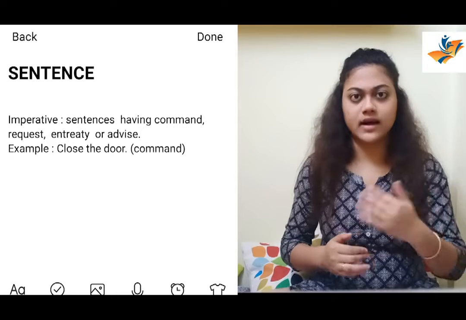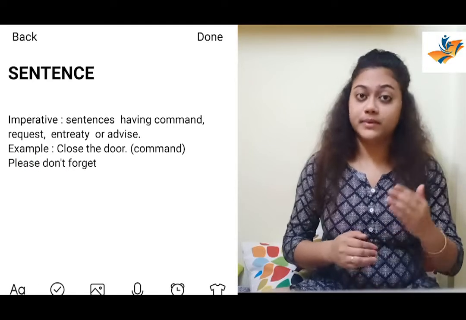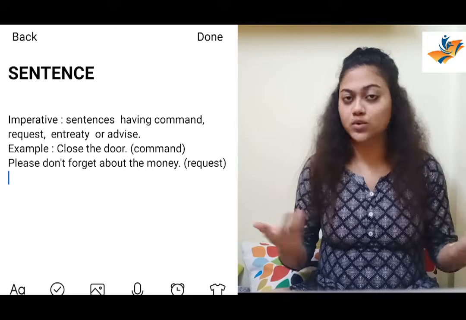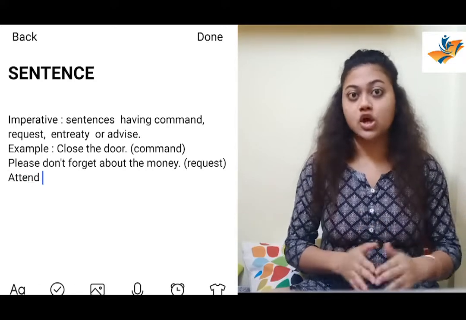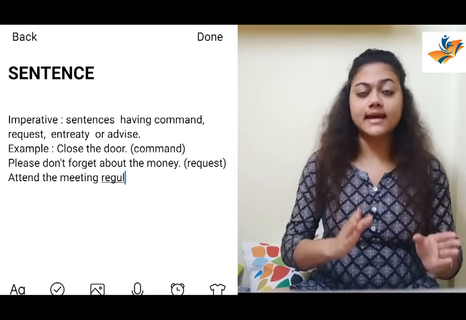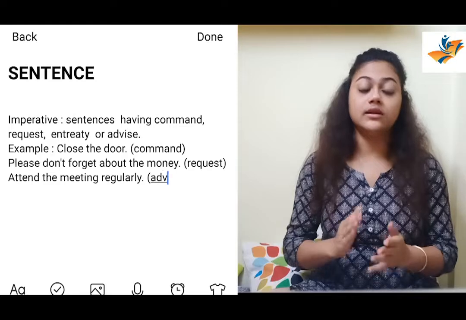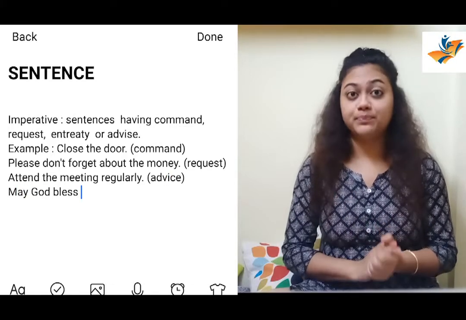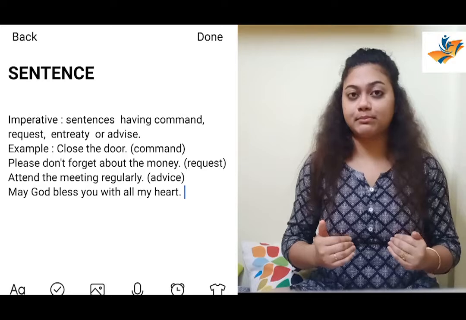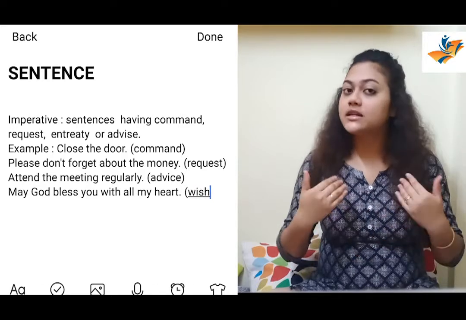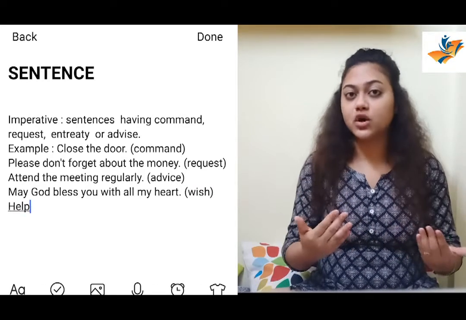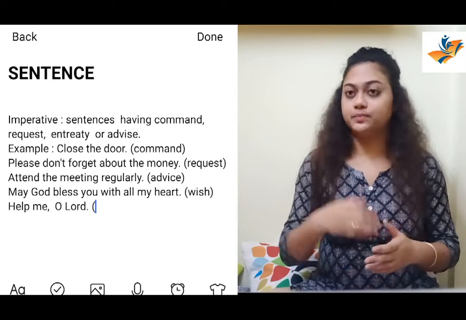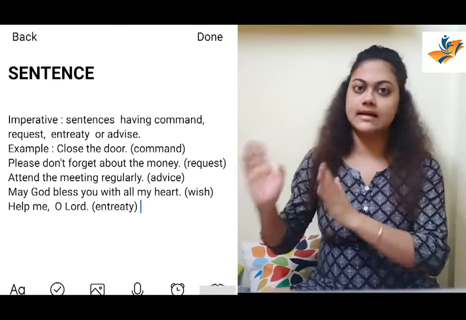Or an advice from a doctor. Please take care during these days. Okay, so all these are imperative sentences. Right now, all the examples that I am giving you related to imperative, interrogative, exclamatory and assertive sentences are given at this side. I need not mention all the examples here because you won't understand until and unless I write them for you. So all the written details are given aside.